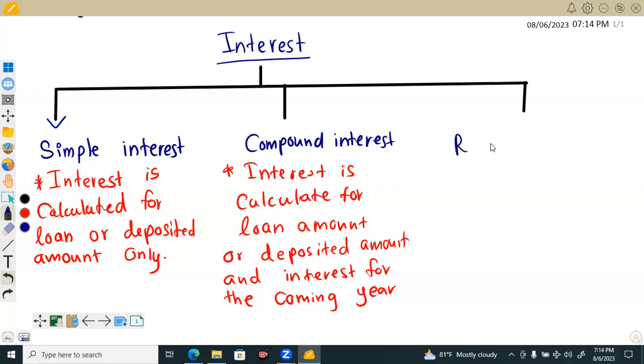Reducing balance interest. This is calculated for the monthly interest is calculated for